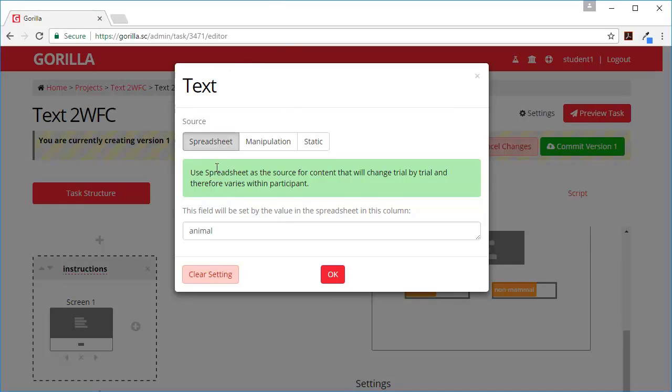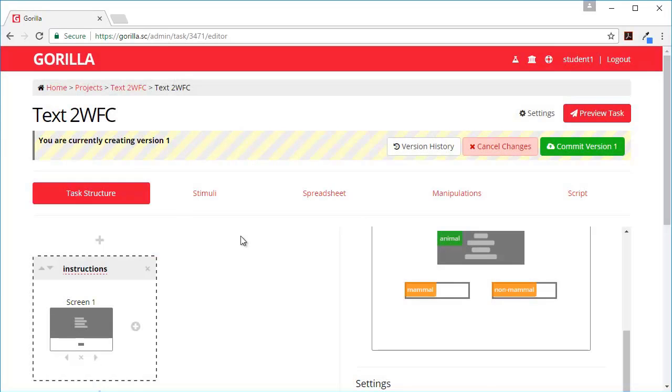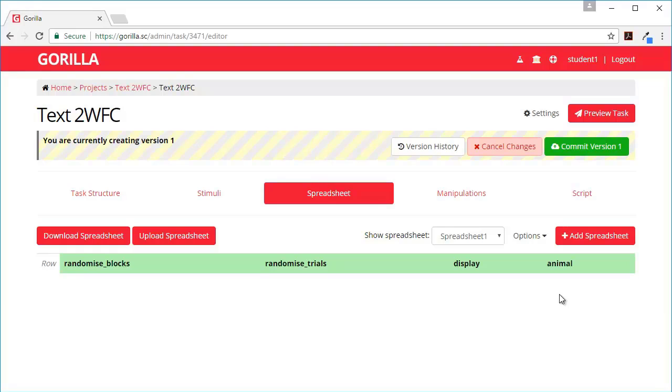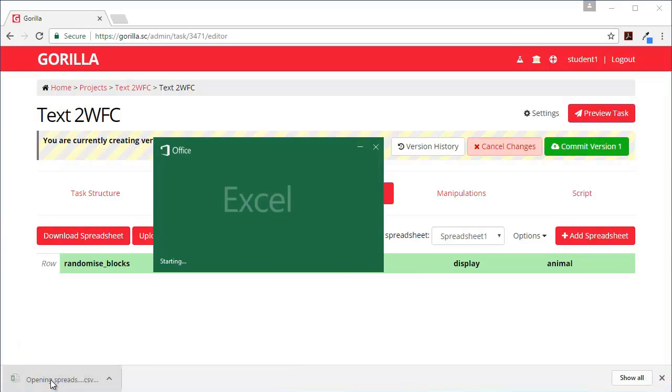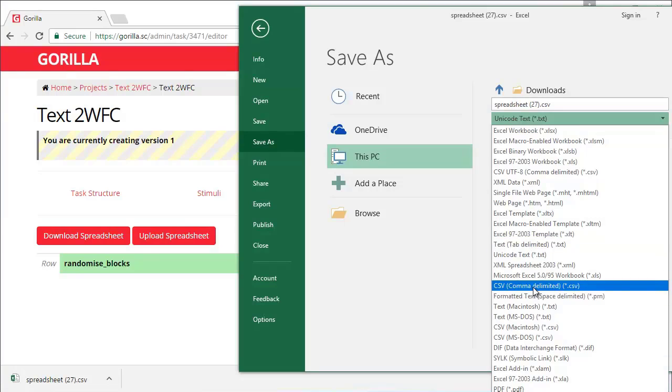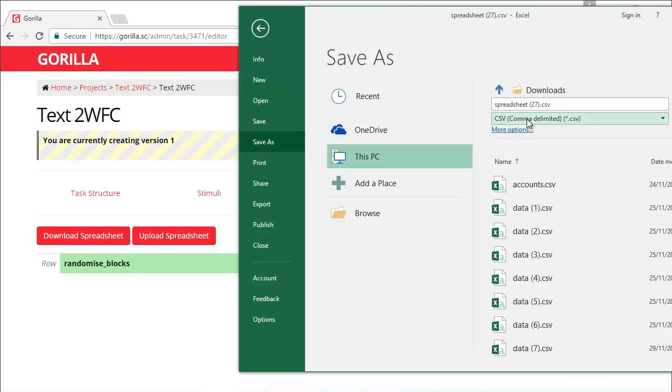So when we configured this text widget, this field will be set by the value in the spreadsheet in this column, the column named animal. So for each trial, we're going to want to have a name of an animal in here. Let's download the spreadsheet so that we benefit from the template. Whenever you save it, you want to save it as a CSV file.